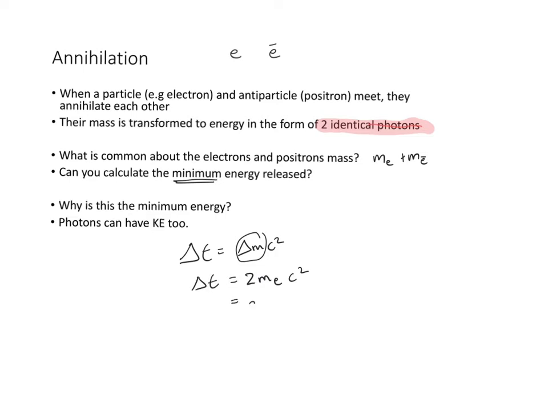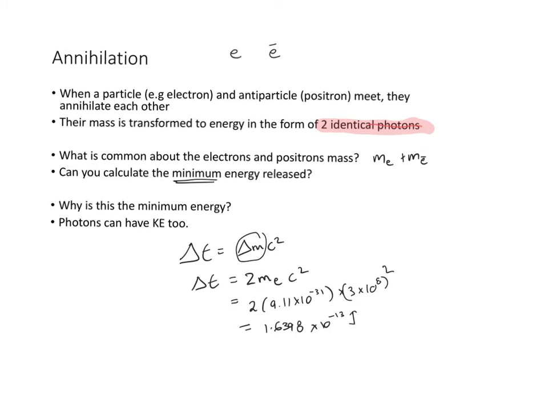And once you place the numbers in, so I will use the values given to me here, 9.11 times 10 to the minus 31, and you will get an answer of 1.61398 times 10 to the minus